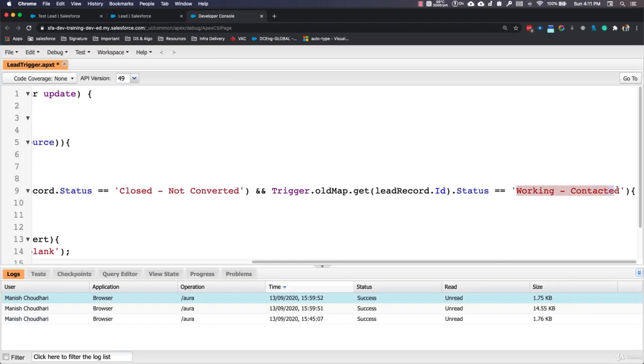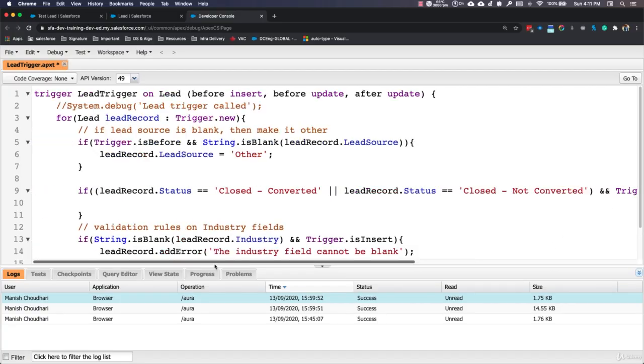So let me paste this one here. So in this situation we are going to throw an error to the user. So I'm going to copy this error line, and this time I'm going to throw an error on the status field instead of directly throwing an error to the lead record itself. So if you remember in the previous video where I explained this addError method, I told you that we can throw an error directly on the record or on the field as well. So this time I'm going to throw the error on the status field,